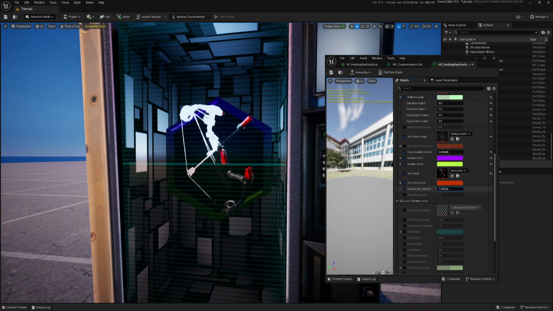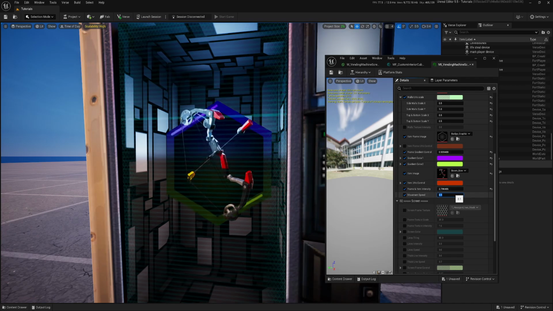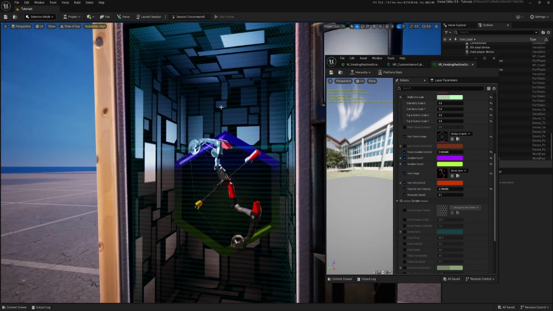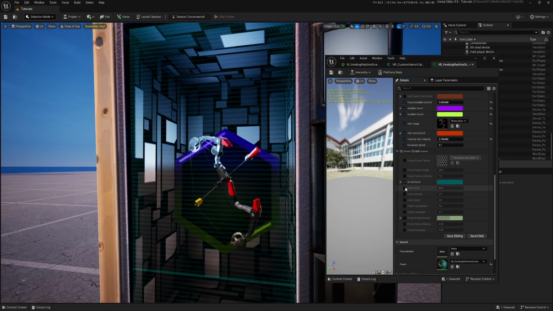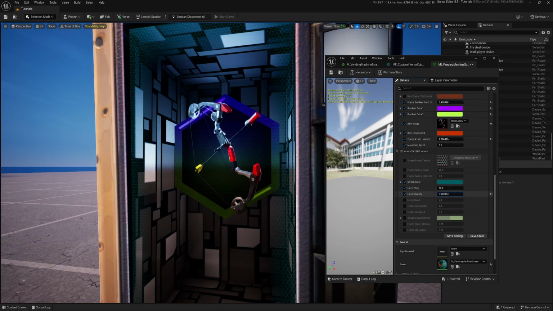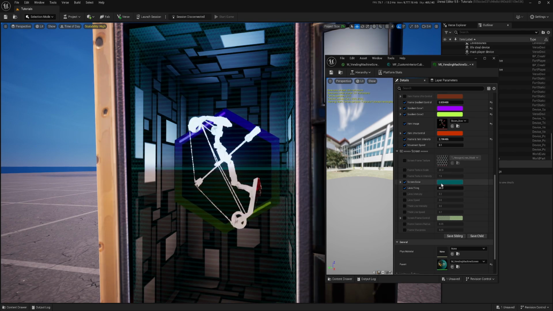We can control intensity, maybe it's too dark. So as you can see, a lot of control. We have speed increased, then we have all these lines. You can decrease intensity, change color.